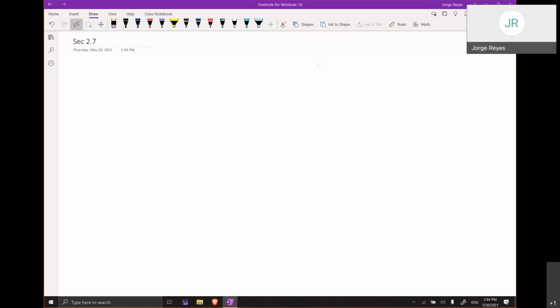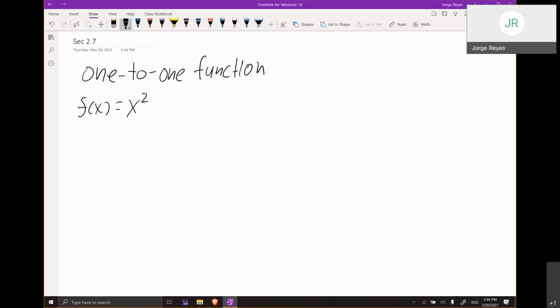Hello, class. So we are now in section 2.7, which is actually the last section in chapter 2. All right, and we're going to talk about one-to-one functions and inverses. And this is pretty related to that composition section we just did a little bit ago, but I